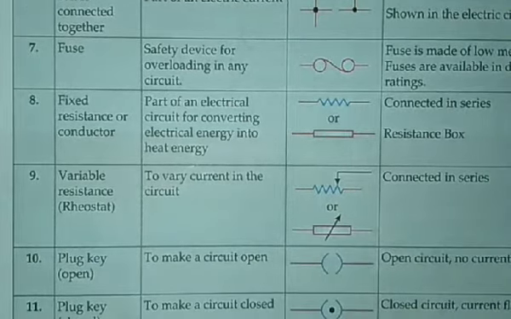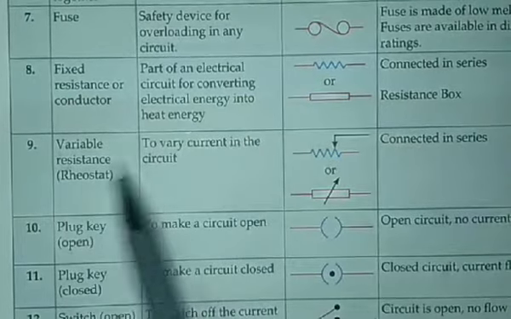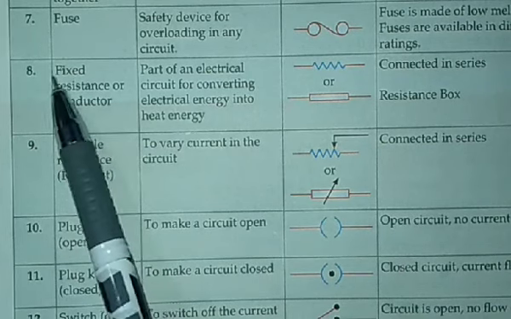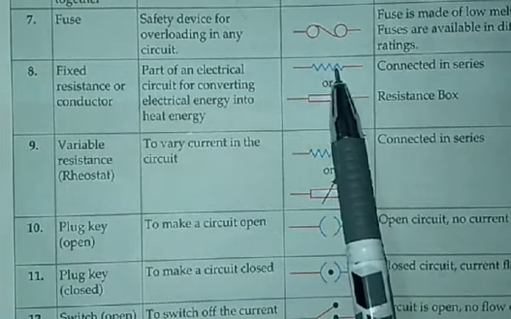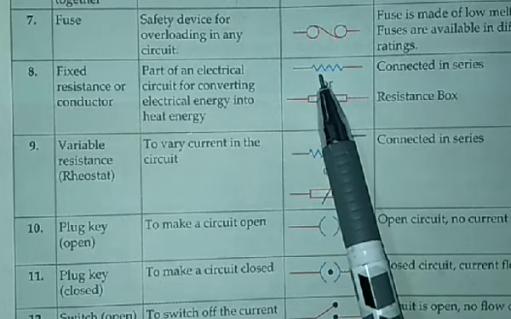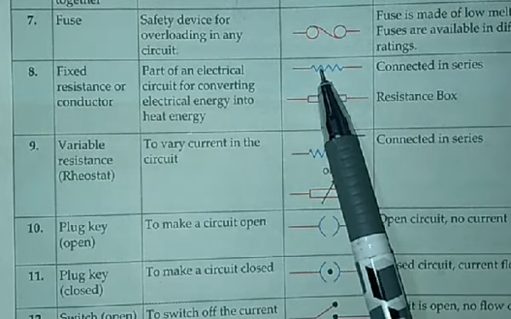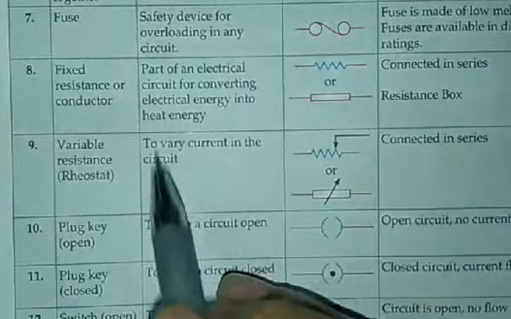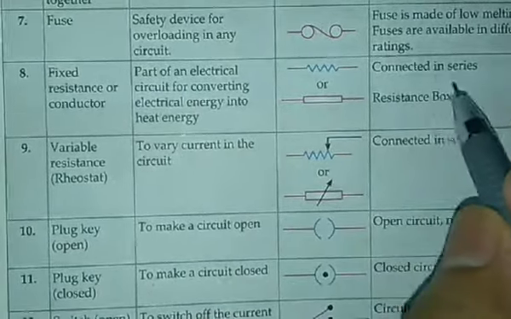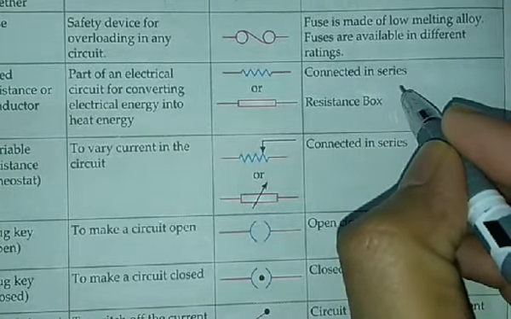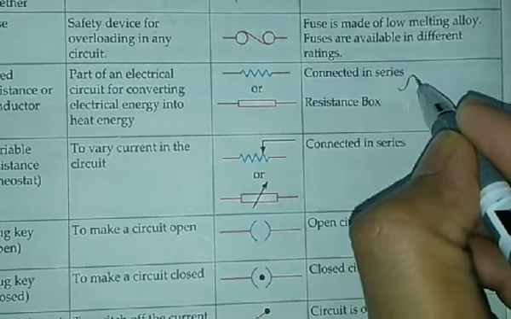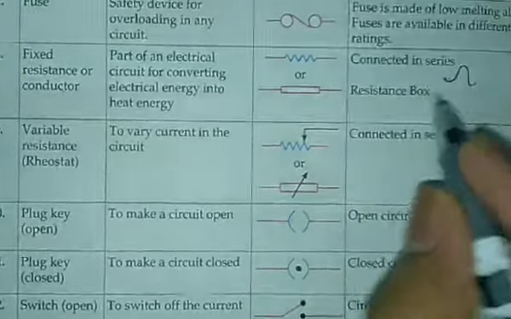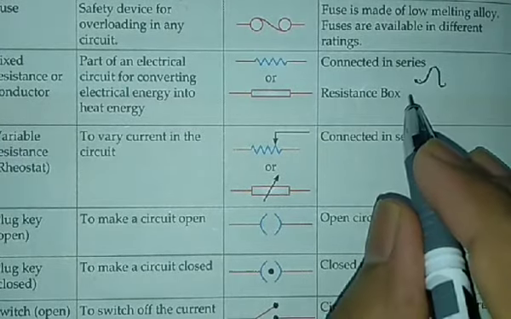Okay, students. Now let us move to the next topic, variable resistance or rheostat. Here, students, it is a fixed resistance. That is, its resistance is fixed. If we are given 20 ohm resistance, the unit for resistance is ohm, O-H-M, ohm. And there is a symbol for representation of resistance which is given like this. This is the symbol for resistance. Okay students, this is known as omega.